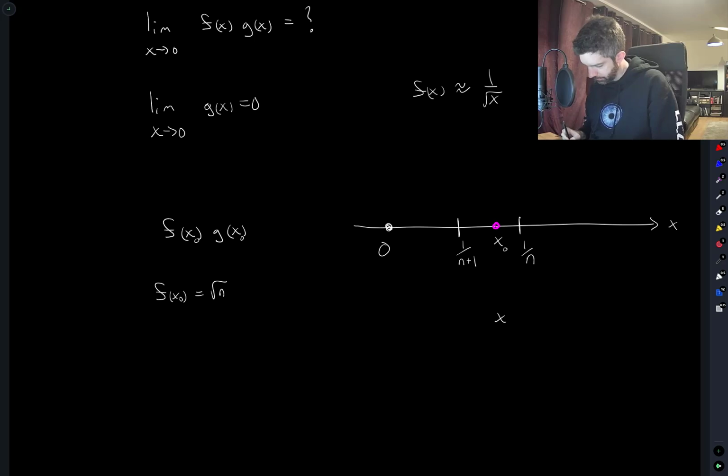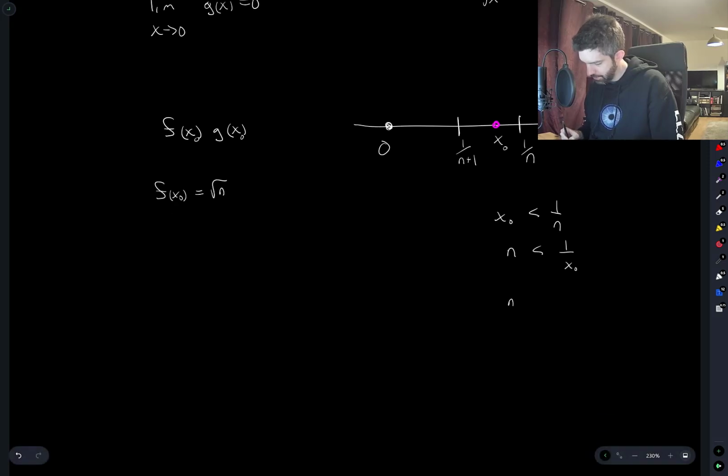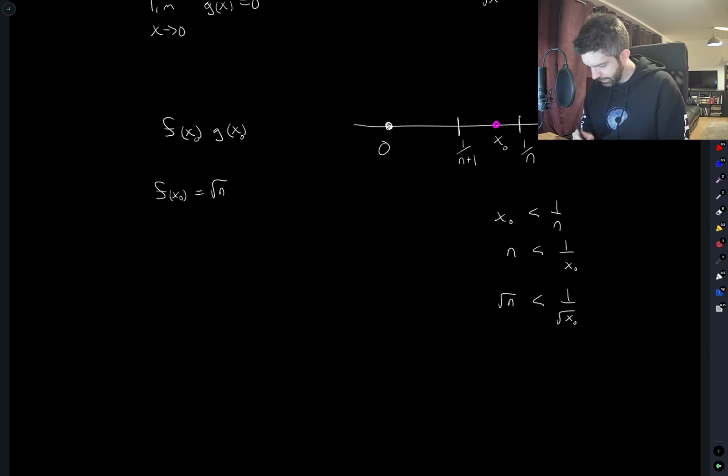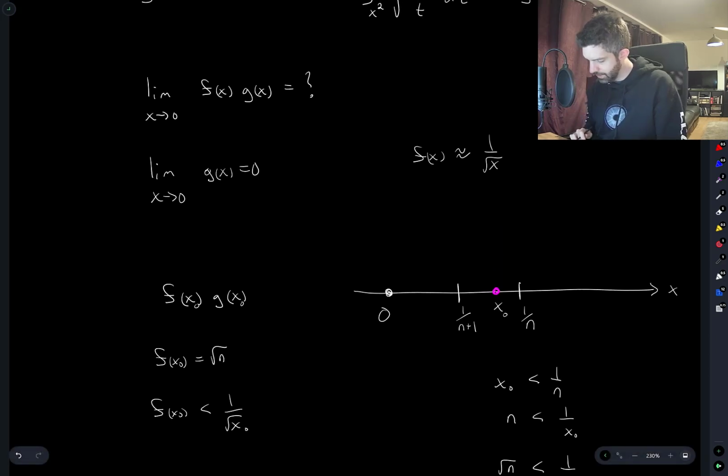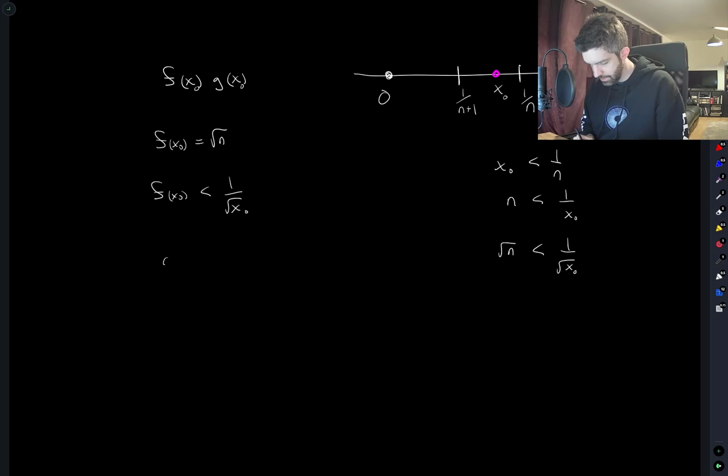And of course we have x naught is less than 1 over n. So n is less than 1 over x naught. Root n is less than 1 over the root of x naught. Okay, so f(x naught) is less than 1 over the root of x naught. And we also have g(x naught),